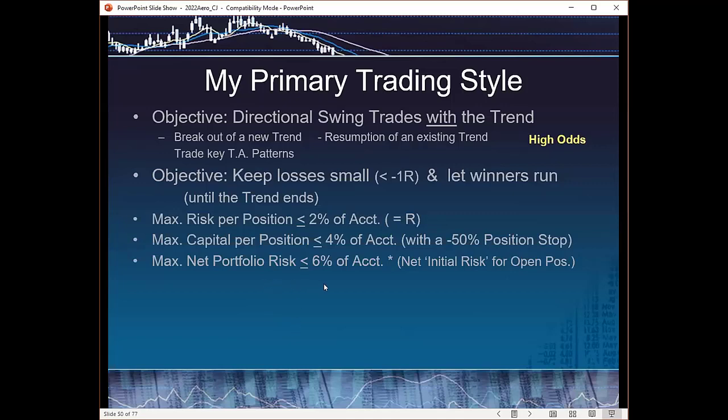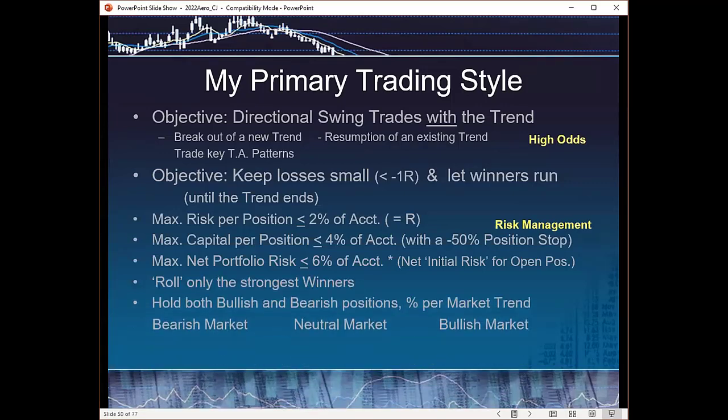Yes, I can have more than 3 positions on at once, only if one or more of those open positions, I've already moved the trailing stop to break even. Then I have initial risk available for another 2% position. I do roll positions at expiration, but it's only on the strongest winners. I never roll a loser. I'll get out and back in on a loser to see if it turns into a winner when the charts and conditions are right.